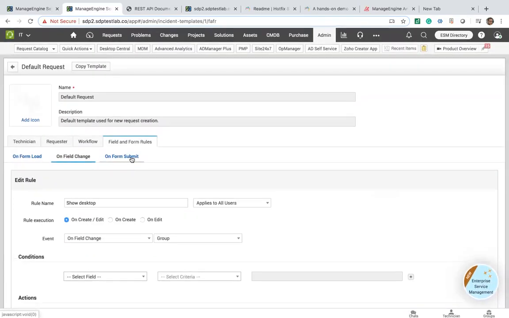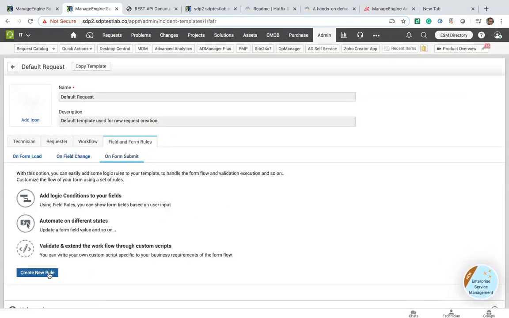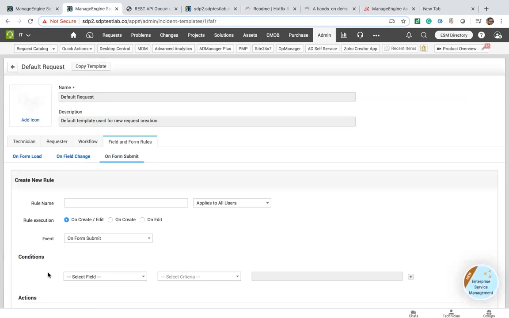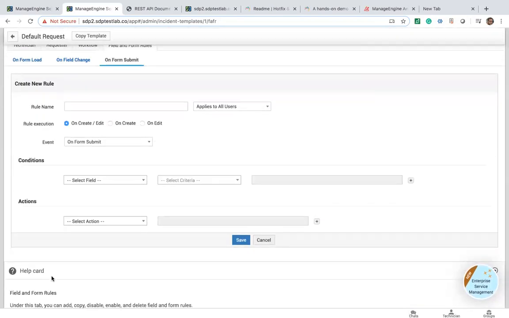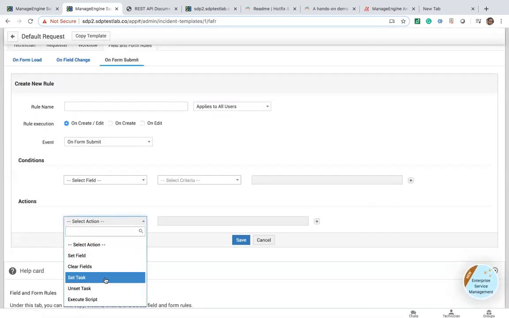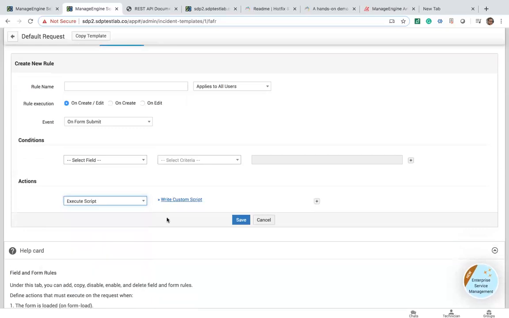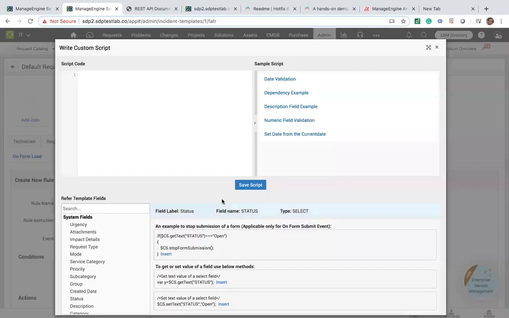And then on submit, we can do the validation, meaning if you have a field that asks for a number of monitors and the maximum number of monitors that can be requested is 3, you can make sure that the user is filling in that particular number or within that particular number. And the additional advantage of using field and form rules is this will allow JavaScripts,